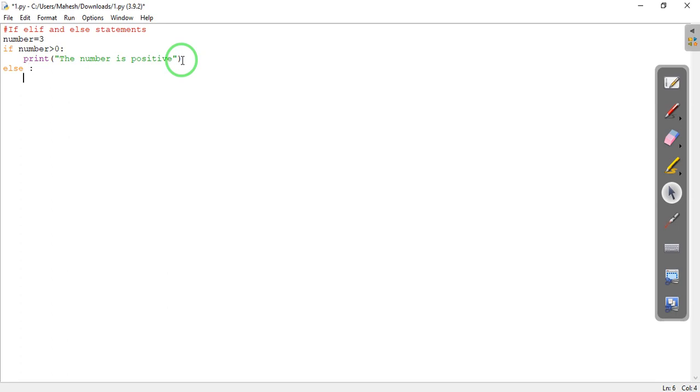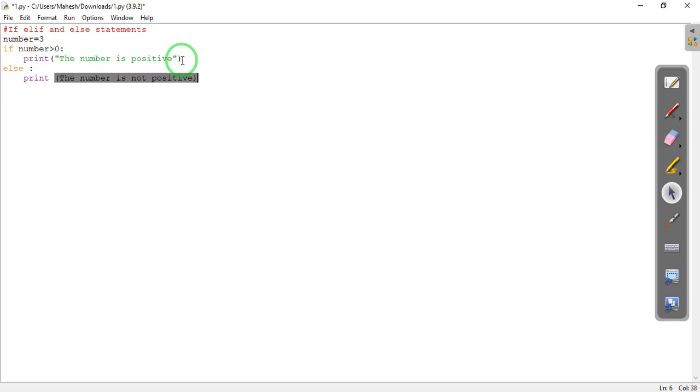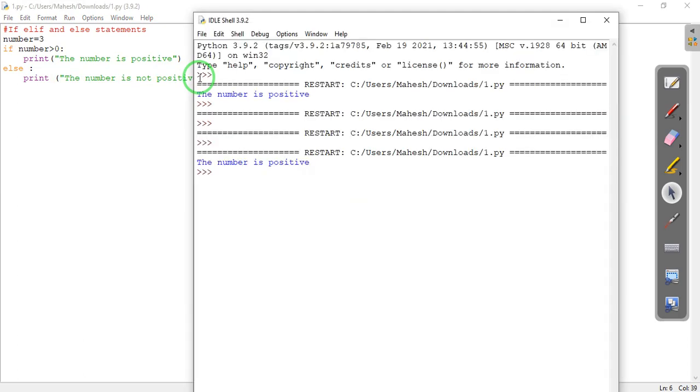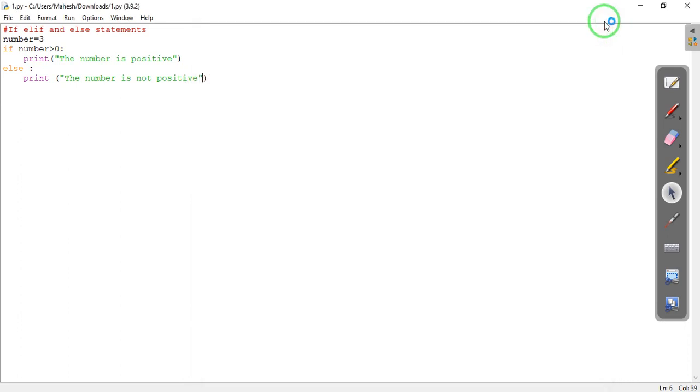We can just directly put the colon and print the number is not positive. And if you have noticed, these colors are different. That means these are predefined keywords. So let us put the colon, write this as a comment, and let us run this. Compile again.